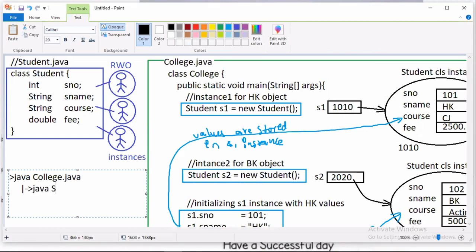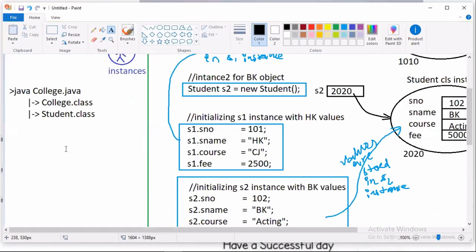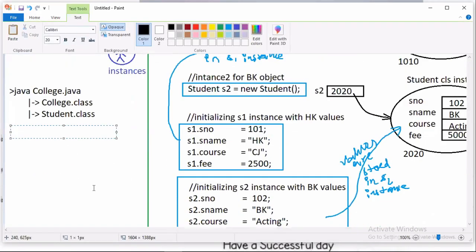College.java gives college.class, and then student.class. Next you have to execute java college.